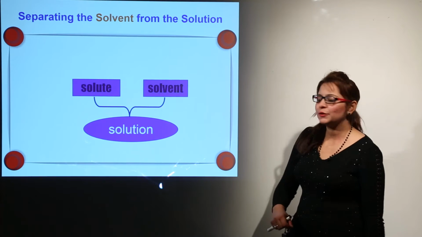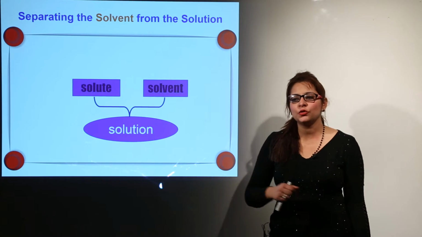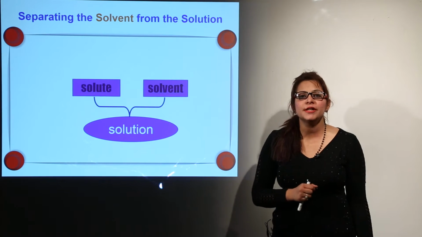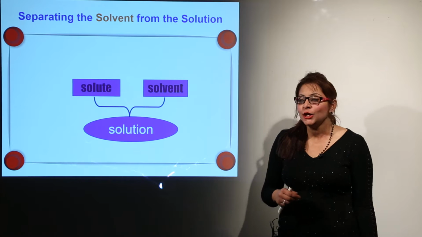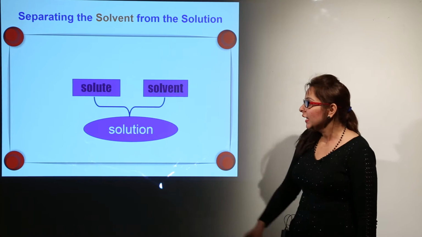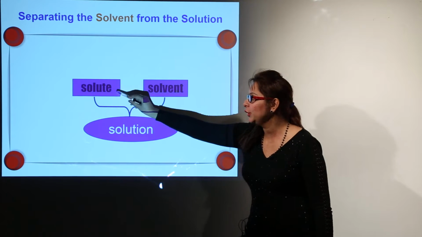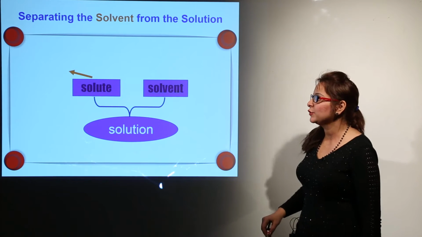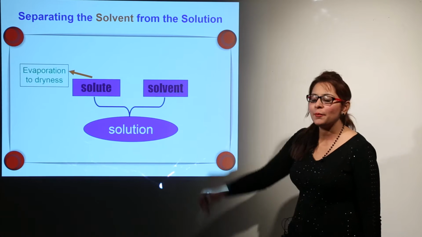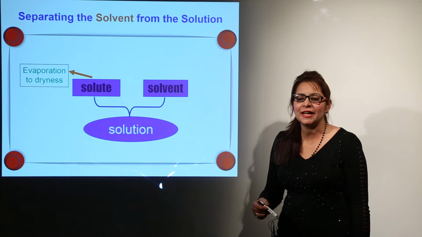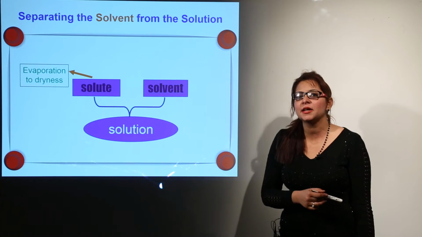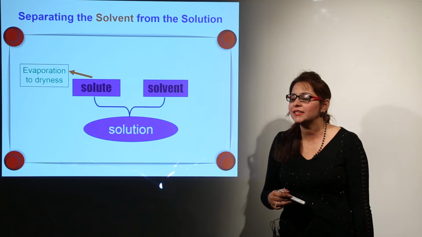Now we are almost over with the three different techniques which we can use to separate the two solid components, right. On the whole we conclude that the solution is formed of solute and the solvent. To separate the solute we have different techniques, that is evaporation, which causes dryness, that means the volatile component vaporizes, leaving behind the component which does not vaporize on heating.